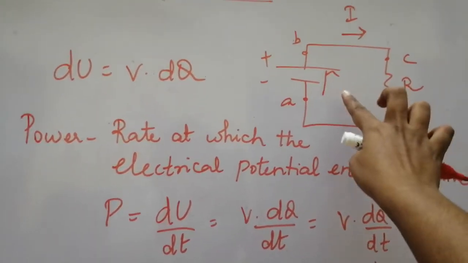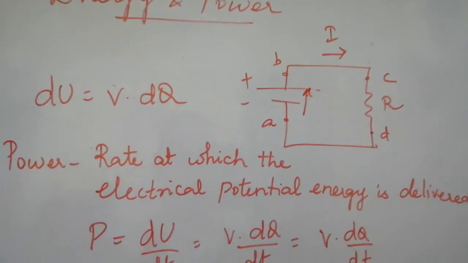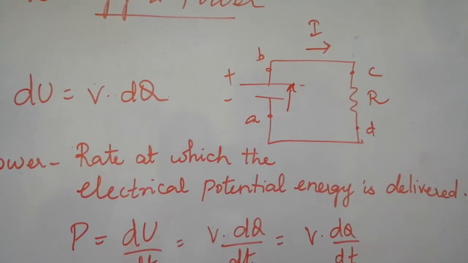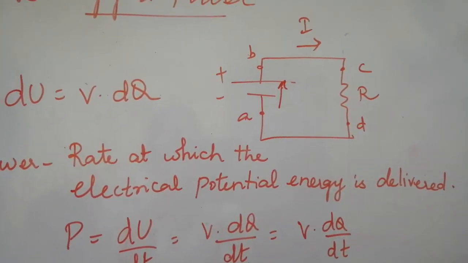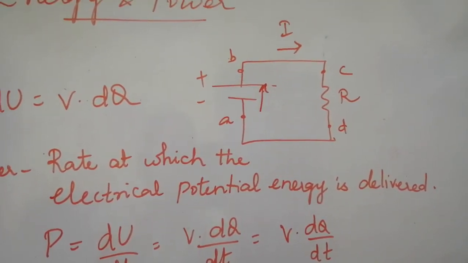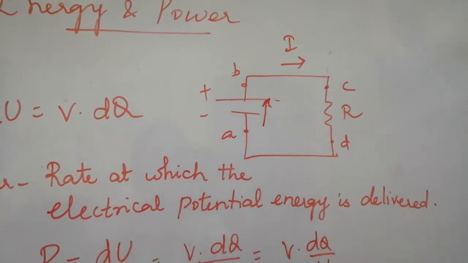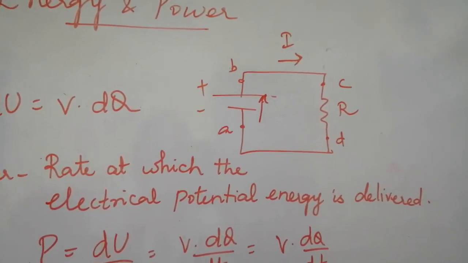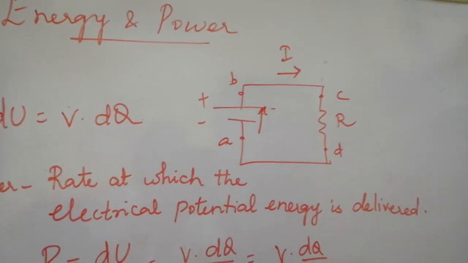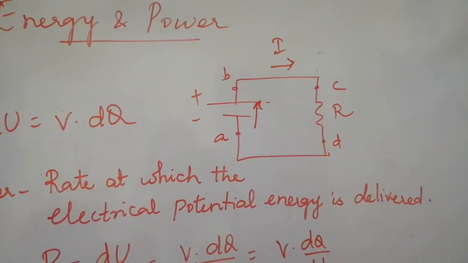As it starts to flow from A to B, energy will be supplied to the electrons. As more electrons get deposited on the positive terminal, they will be pushed away from it and start to move out into the circuit. So this is how electrons start to flow. The flow of electrons is current, indicated by I.